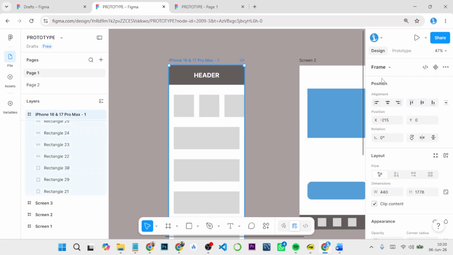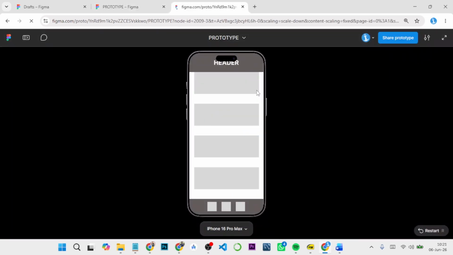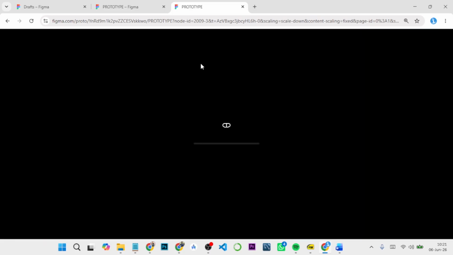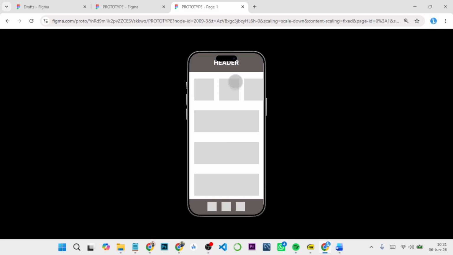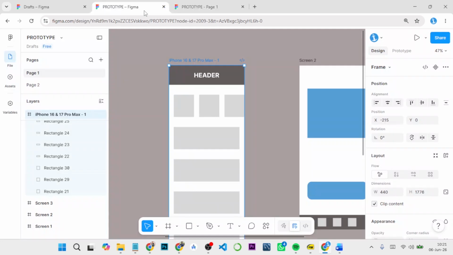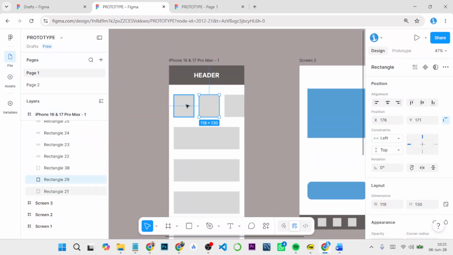So now if I go to present, you notice that even this one too is also moving. Like if I try to scroll it, it's not working. So let's come back. What I'm going to do is I will select the three of them